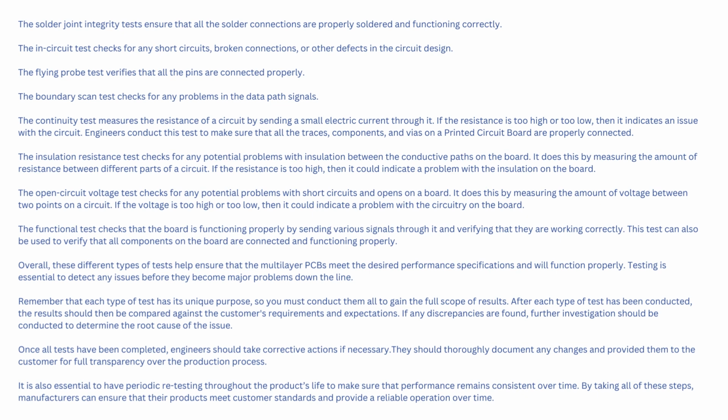This test can also be used to verify that all components on the board are connected and functioning properly. Overall, these different types of tests help ensure that the multilayer PCBs meet the desired performance specifications and will function properly. Testing is essential to detect any issues before they become major problems down the line. Remember that each type of test has its unique purpose, so you must conduct them all to gain the full